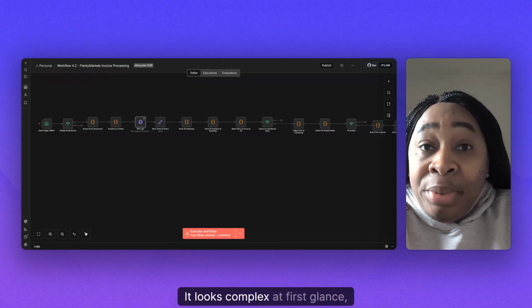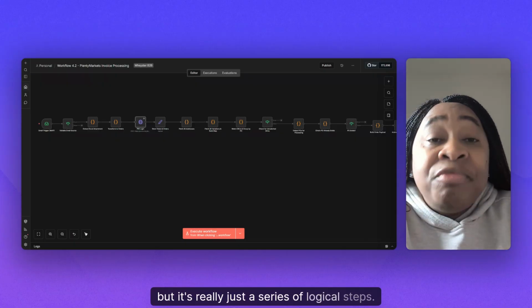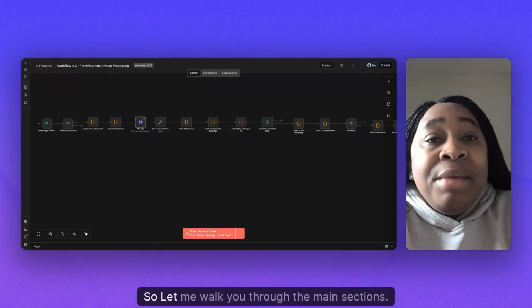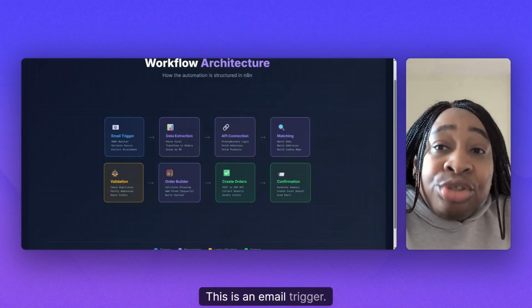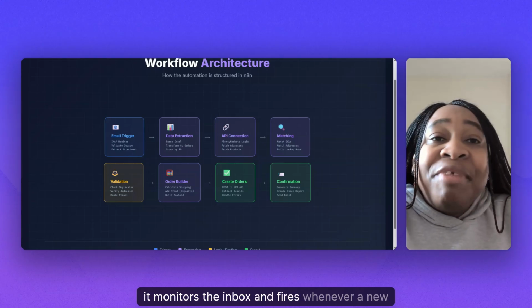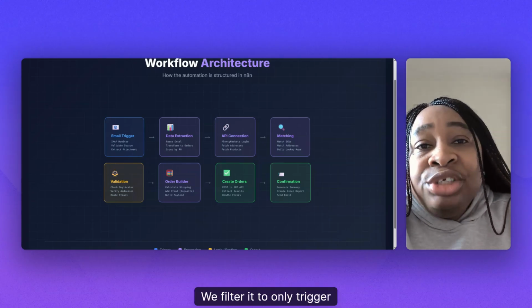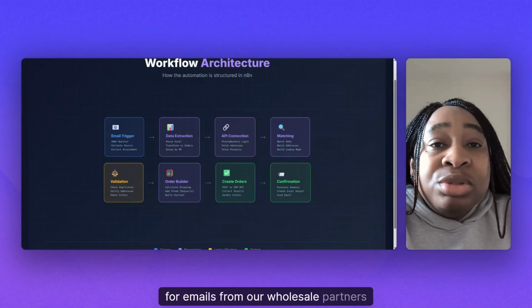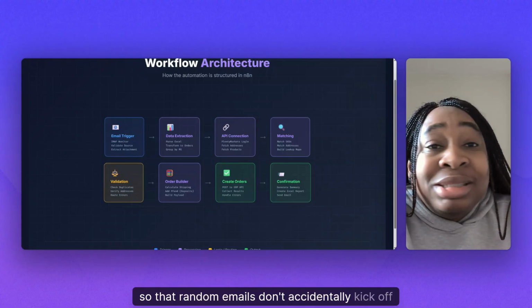It looks complex at first glance, but it's really just a series of logical steps. So let me walk you through the main section. So first we have the trigger. This is an email trigger using IMAP. It monitors the inbox and fires whenever a new mail arrives. We filter it to only trigger for emails from our wholesale partners so that random emails don't accidentally kick off